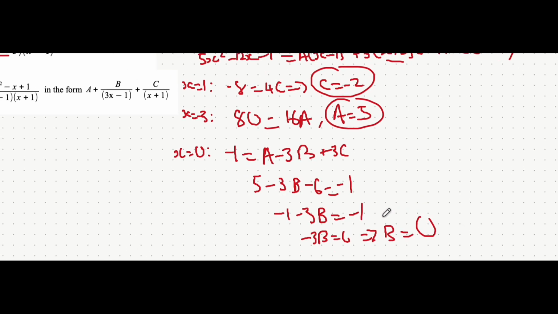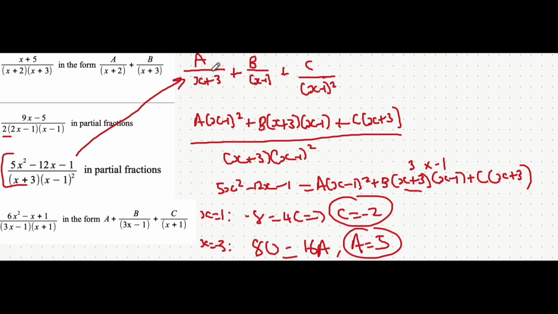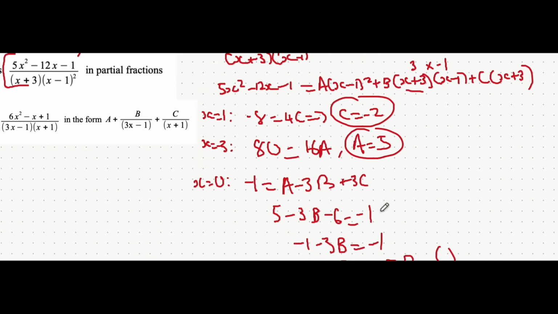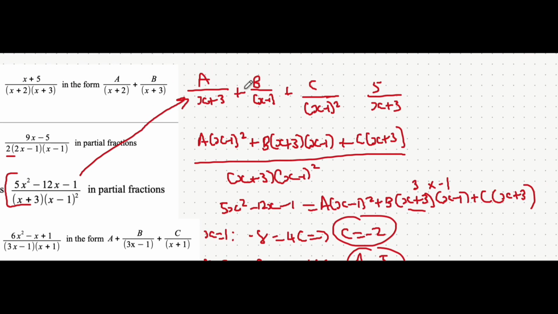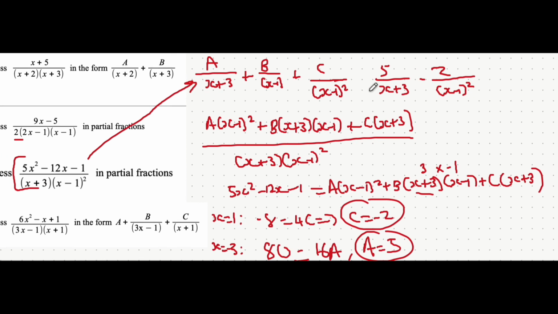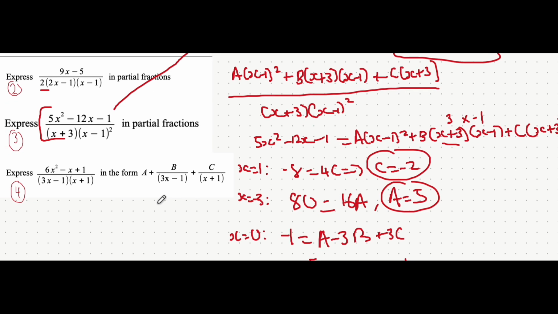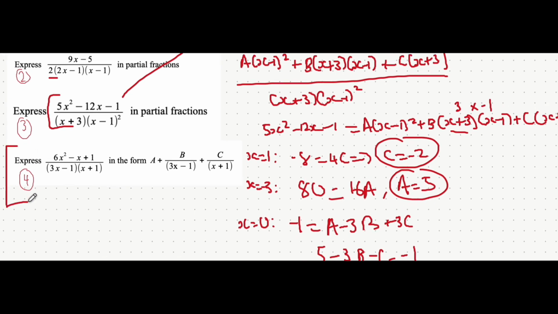What that means is if we substitute values of a, b, and c into this equation, we actually get 5 over x plus 3 plus 0 over x minus 1 because we found b is 0, but we don't really need to include that, and then plus c, which is minus 2, all over this denominator here, x minus 1 squared. And this, when you expand it out, is what gets you to this partial fractions here. That one took a bit of time, and let's now move on to the last type of question,